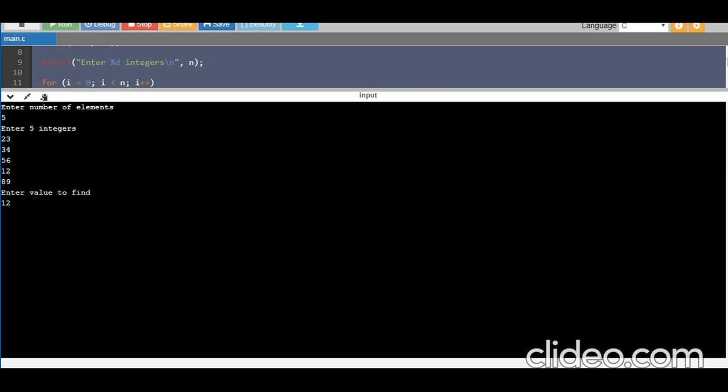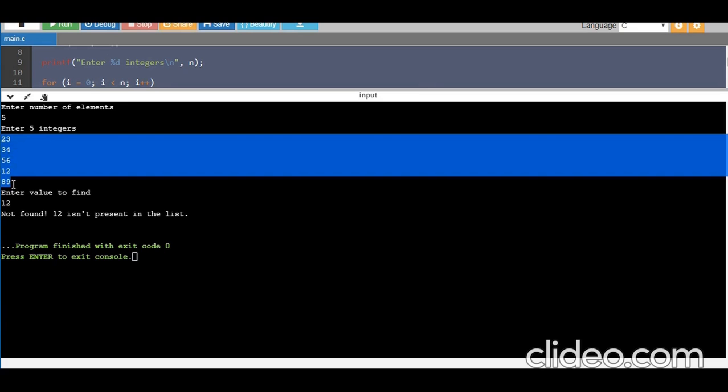Yes, it is available, at position 1, 2, 3, 4, right? But when I enter it, it says 12 isn't present in the list. The reason is we have entered an unsorted array. 23, 34, 56, till this much it is fine, it was in ascending order. But after that we have entered 12, so it becomes descending. So it should not happen.